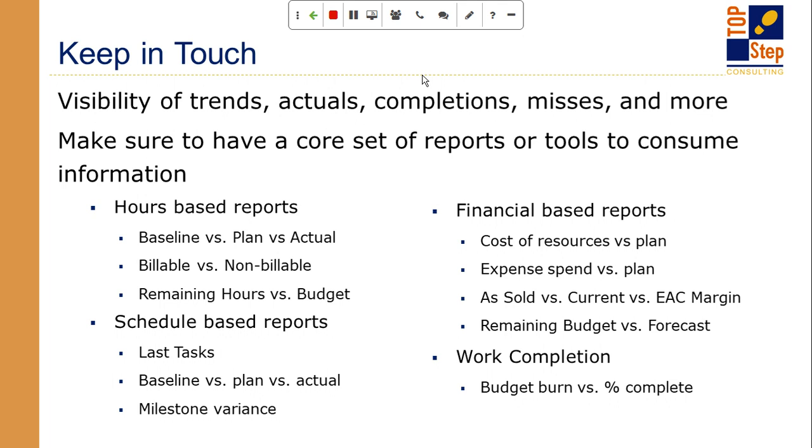And then finally, work completion. Work completion is a hard one, I think, to really measure effectively because it's very subjective. If you're writing a book, you may not know how many pages that book's going to be, so you have to gut feel it and say, I think I'm about 50% done with the book. And you find out the 100 pages you just wrote is only a tenth of it because the book ended up being 1,000 pages long. Sometimes you just really can't gauge how much work is really complete.